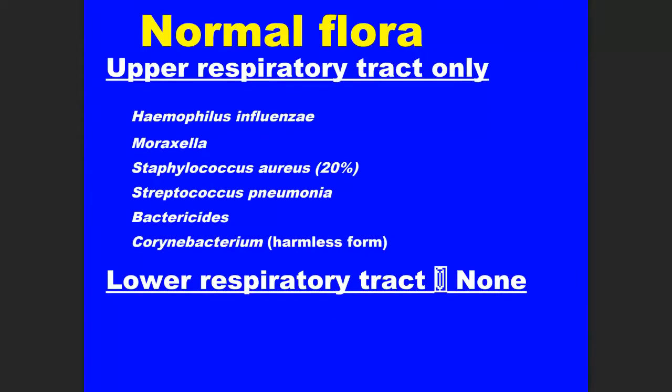Now, another thing I'm also going to discuss as we go through these different diseases of major body systems is whether or not any part of these body systems has normal flora bacteria. In the upper respiratory tract, there are many. There are different types of streptococcus bacteria, staphylococcus bacteria. There are just many, many different types.